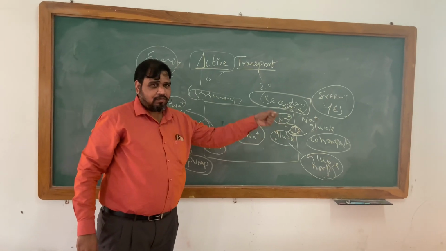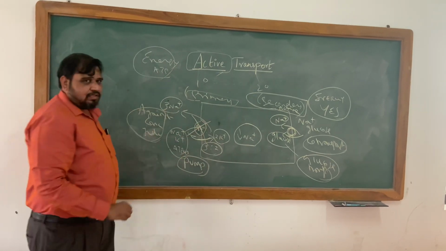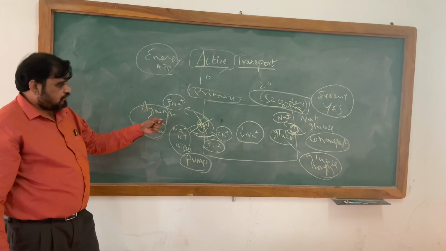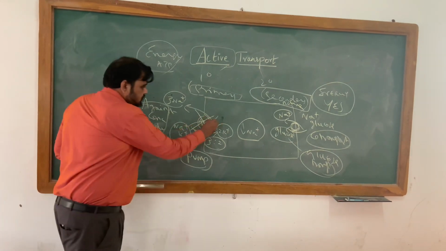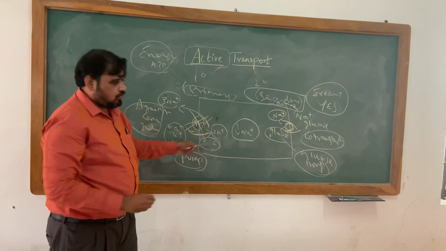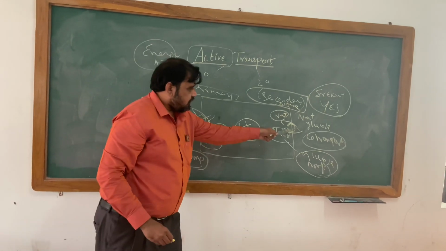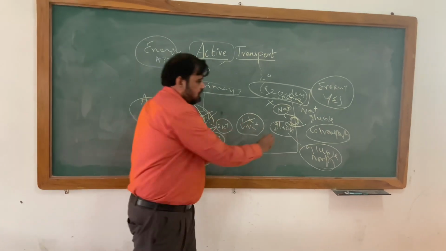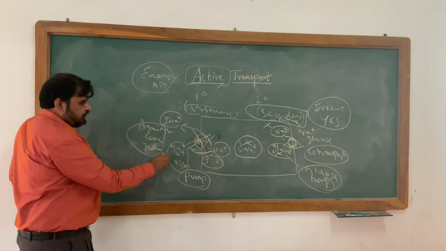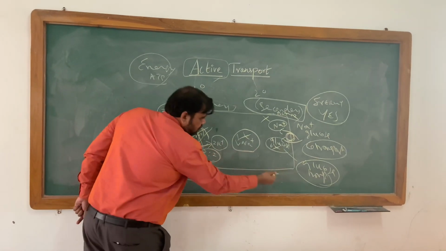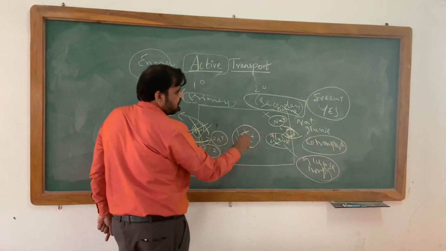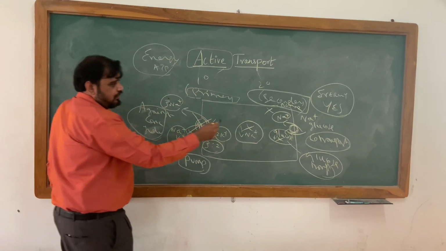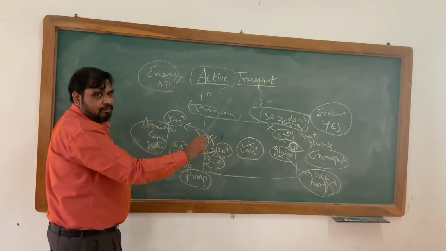I will give an example. Imagine that this ATPase is blocked, or there is no ATP. Will this action occur? Three sodium moving out? No, it will not occur. So this is also blocked. Will there be a decrease in sodium? No. So this is also blocked. Will the sodium come in? No, this is also blocked. If sodium is not coming, glucose also will not come. This ATP is required for sodium and glucose to come inside. That is why this is called secondary active transport. The energy is not present here, but it is present here. That is why this is also called co-transport.